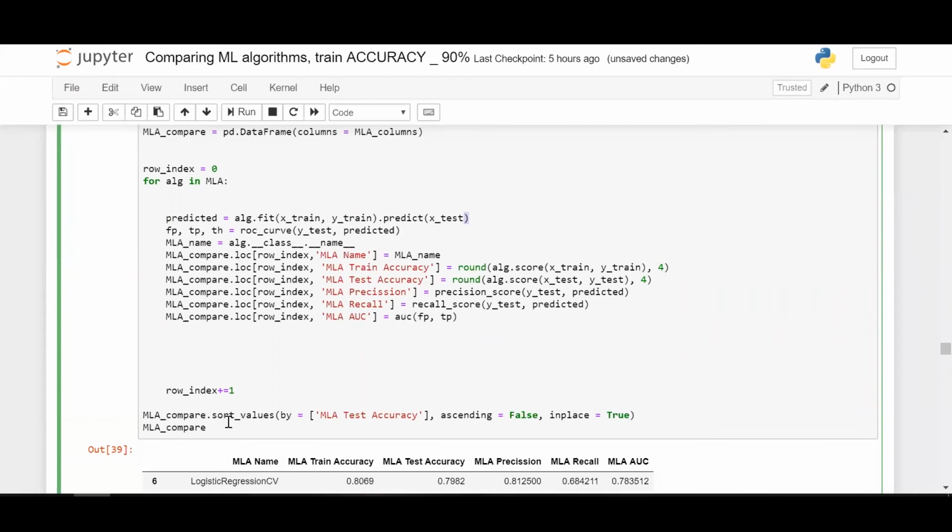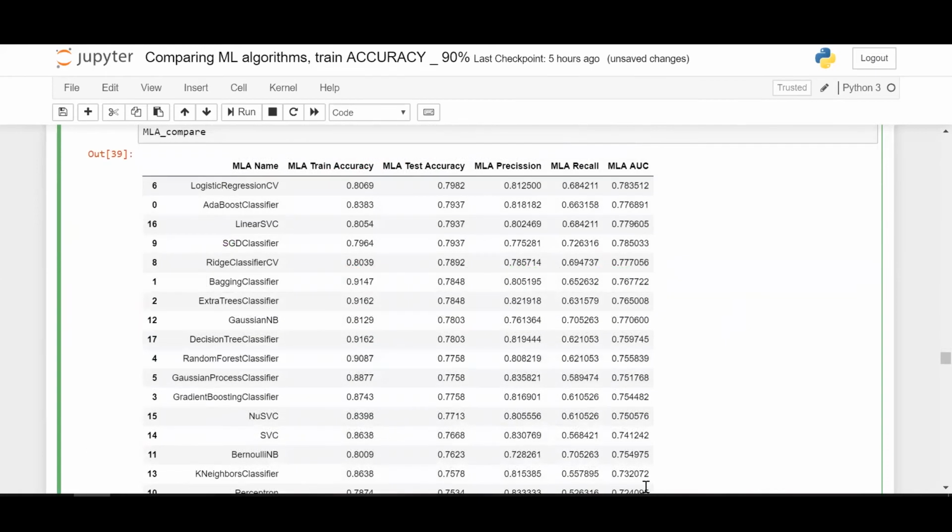So now we're going to sort the data frame which you have generated here based on the test accuracy in descending order, because we're passing ascending is false, right? The sort values function always assumes ascending is equal to true, which means it sorts all the values in ascending order. But here we want it in descending order. So we're putting ascending is equal to false and then printing the results. So this is the final outcome, where you are predicting whether the person has survived or not.